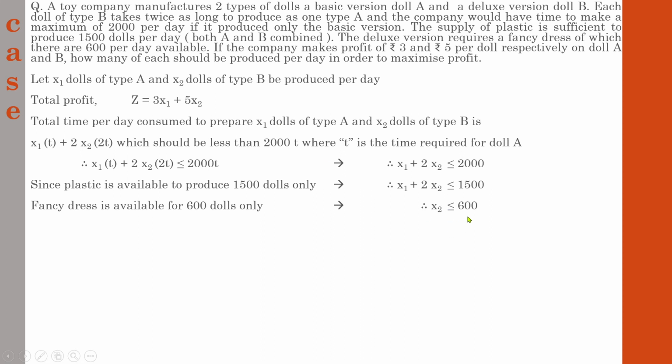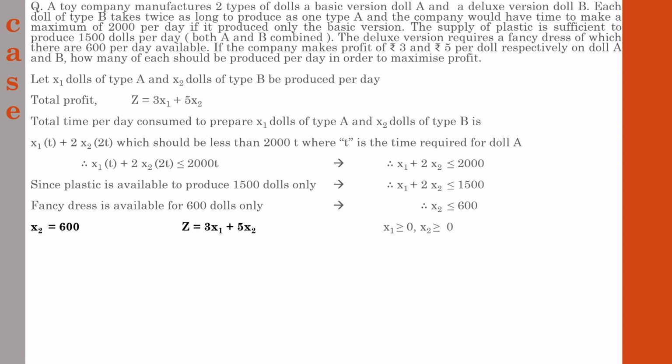So now we have identified the constraints, and here the maximization function is also written: z equal to 3x1 plus 5x2, and x1 greater than or equal to 0, and x2 greater than or equal to 0. It won't be mentioned in the question, but you need to write this down. The meaning of this is x equal to 0 and y equal to 0. For preparation of the graph, x and y are needed. So this won't be mentioned in the question, but still you need to write down x1 greater than or equal to 0 and x2 greater than or equal to 0.